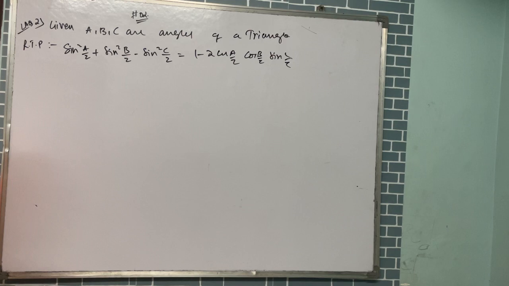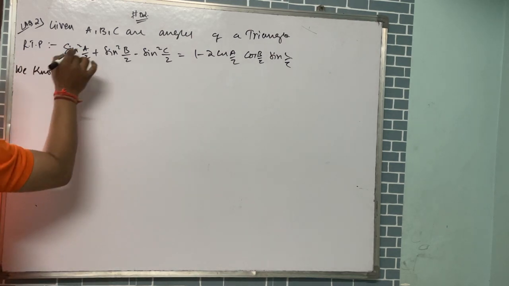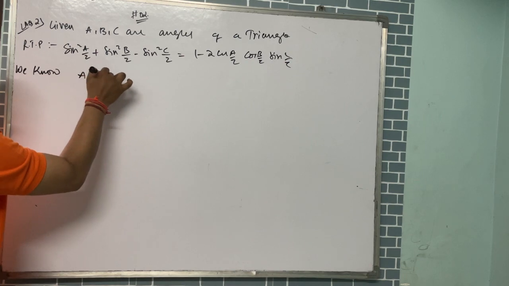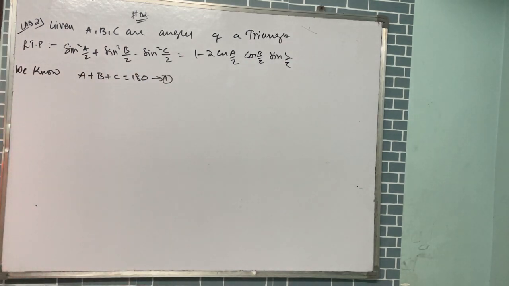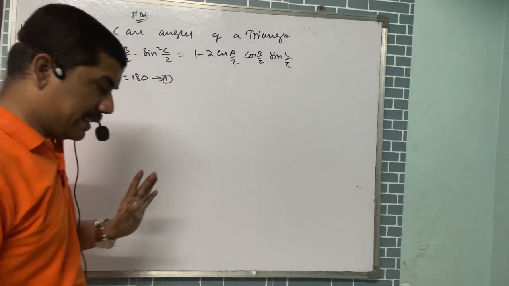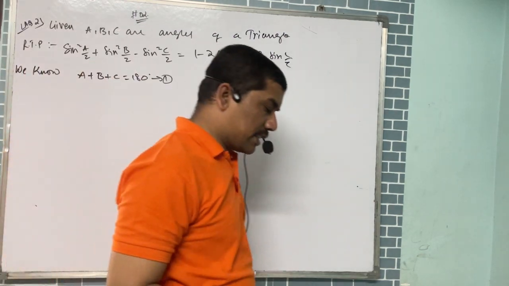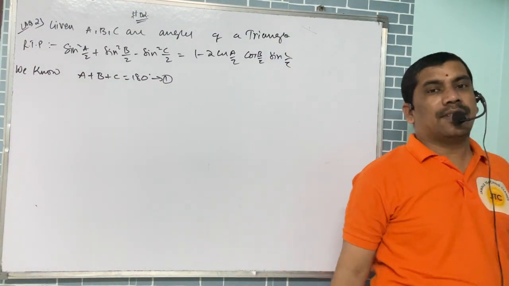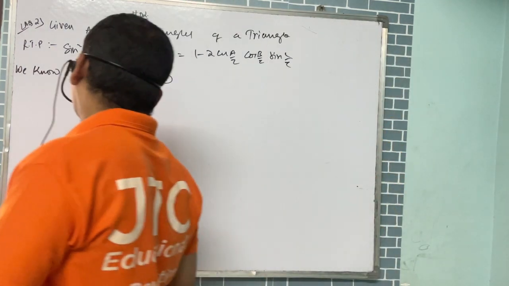Now see, we need to write this part. As they said, A, B, C are the angles of a triangle. So A plus B plus C is equal to 180 degrees. Right. So we will take it as equation 1, and whenever it's necessary, we'll use it in the process. Right. Now,